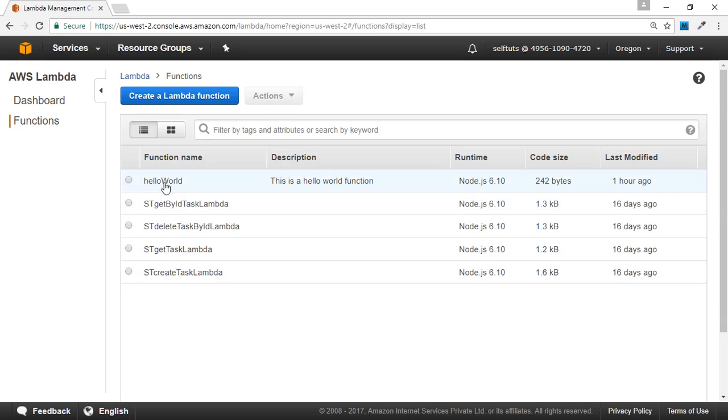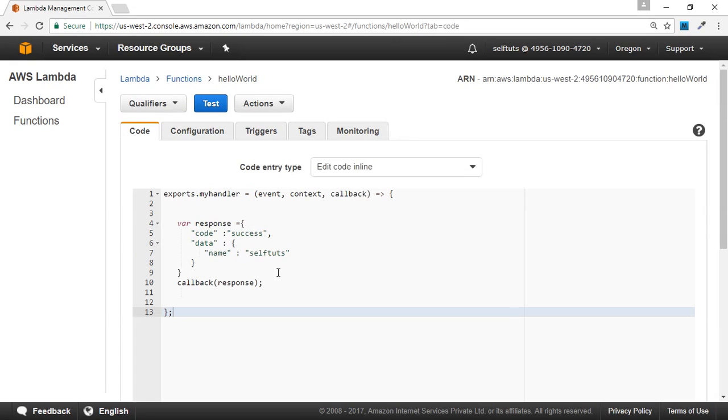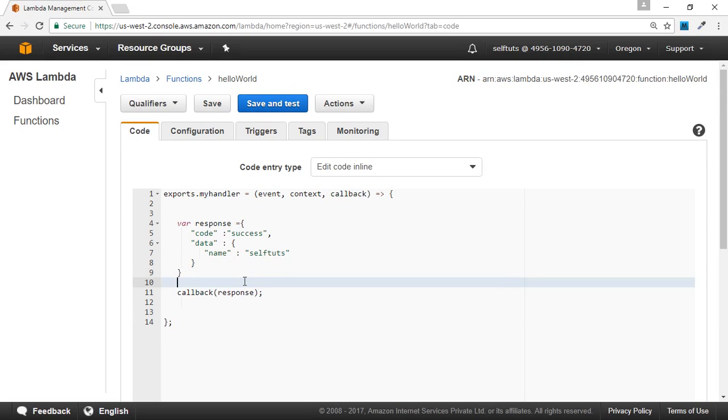We are working on the Hello World Lambda function, so we'll click on this. And this is the place where we left off last time. We are working on this callback, etc. And in this part we'll try to use logging.